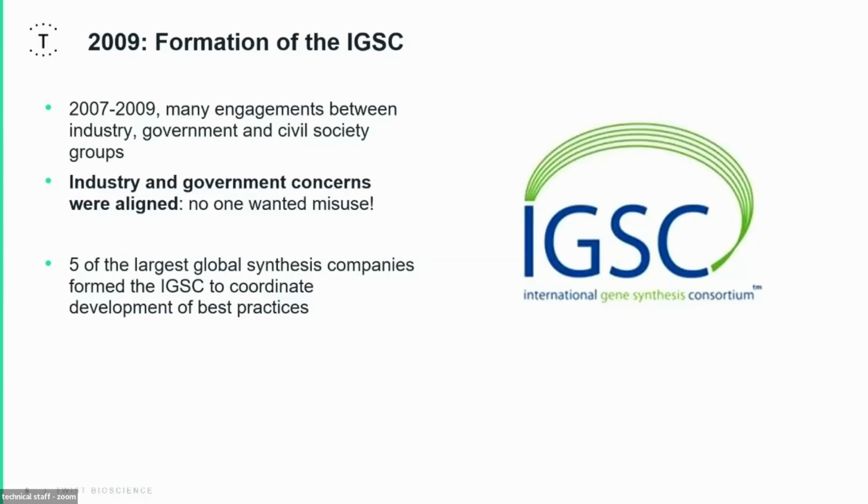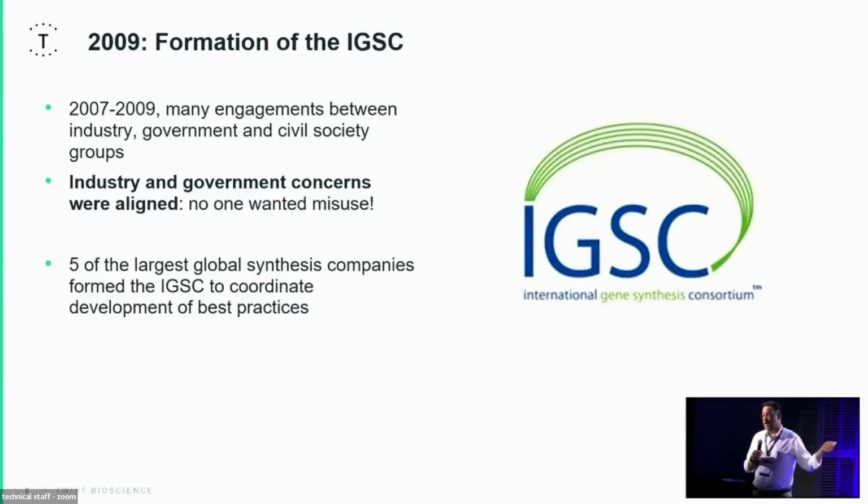So there was a series of meetings that were carried out, and one of the things that came out of those meetings was the formation of this group that Sophie mentioned, the International Gene Synthesis Consortium, which I currently chair. At the time, this was just 5 companies, the largest synthesis providers in the world at the time. And the goal was to really coordinate. So while those companies are bitter competitors in the marketplace, the goal was to coordinate on biosecurity best practices.